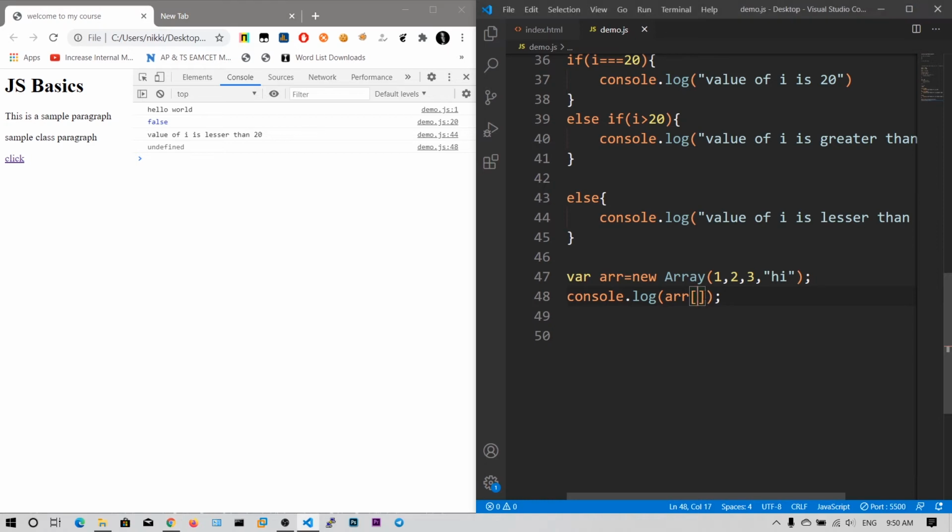So there is no fourth value, sorry, that is 3, my bad. So you can see the value of hi is printed, and we can loop over this array using the for loop. You can say for